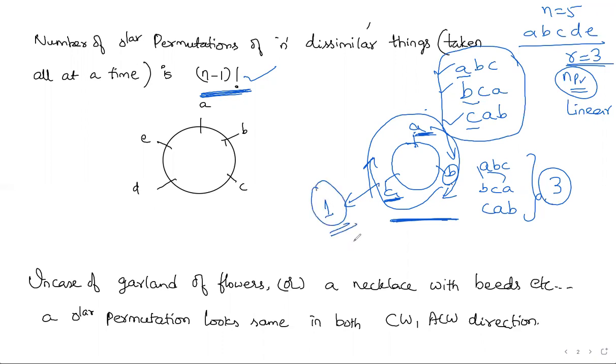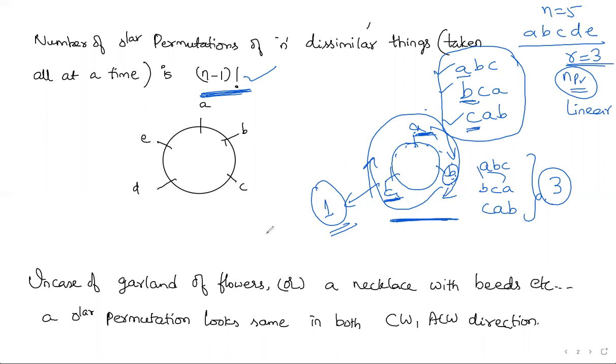You understand now? So this is also one of the things that should be seen as a difference between linear and circular permutation. Here there's no preference of starting and ending point, only the order of the elements matters. Like after B, C is coming, after C, A is coming. That's the only thing that matters when it comes to circular permutation.